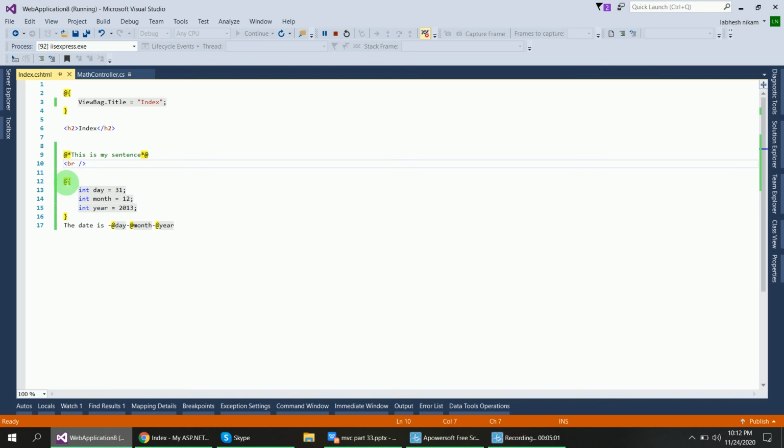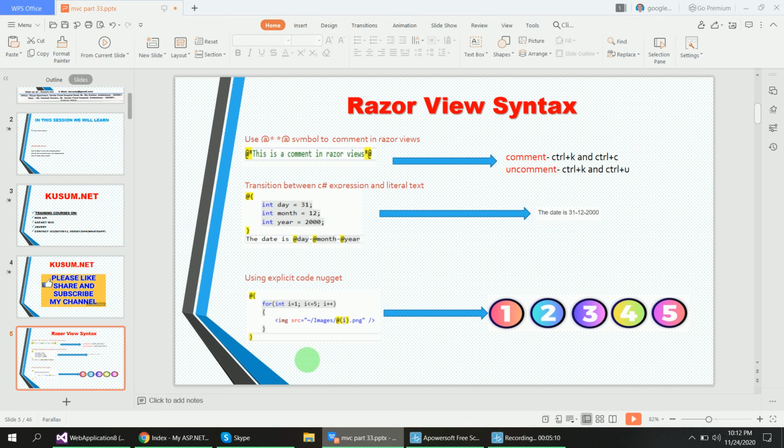This is my code block, with the at symbol and this bracket. Okay, now